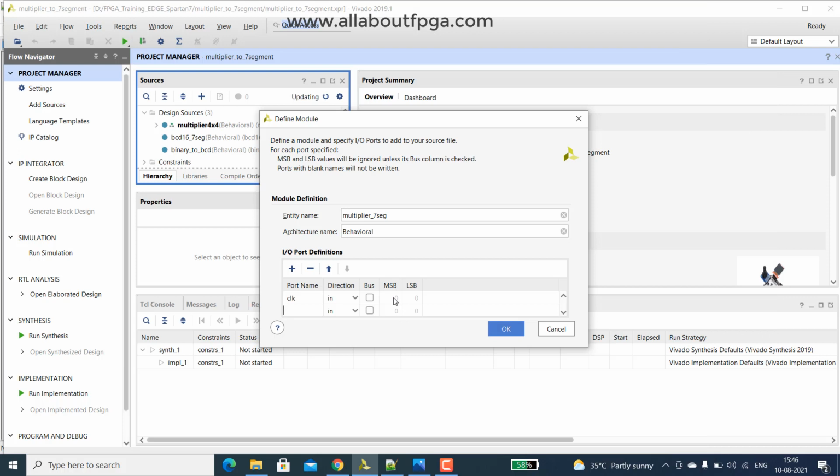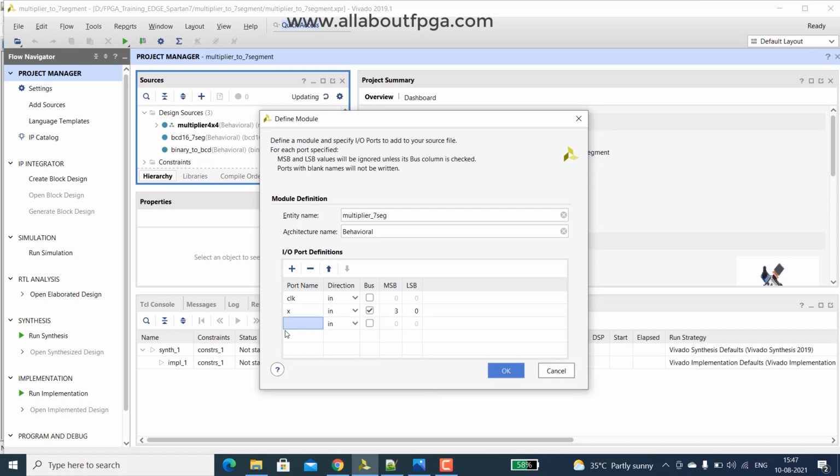So X is the input with a range of 3 down to 0. Then we also have a Y input of 3 down to 0.